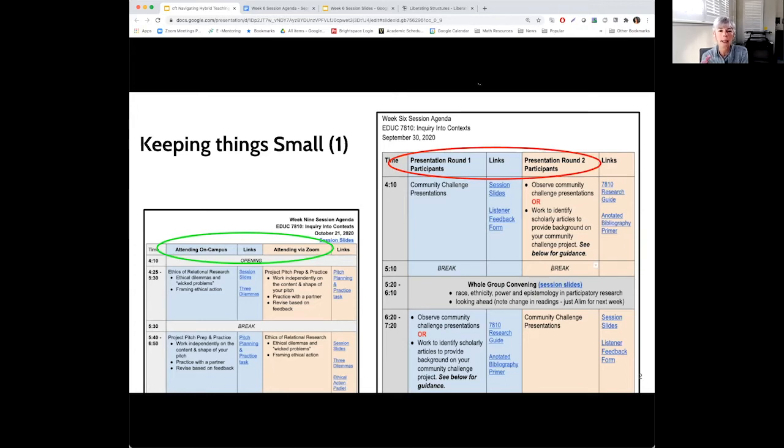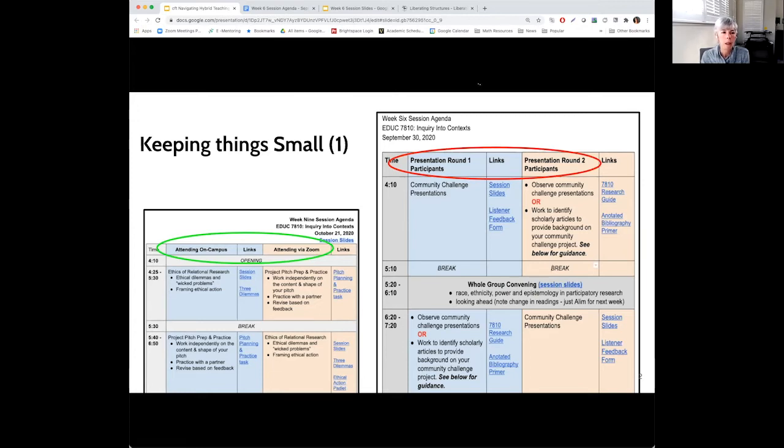There were others where I did a similar kind of flip: half of the class does one thing, we come together for a period of time, and then they flip and go off and do something on their own. But the point is that I was able to be with half the class and pay attention to their thinking in much closer ways. And they were also able to see one another. I can talk a little more about this later if people would like, but this was really helpful for me to begin to break out the sessions. Students also really liked it. After we did it for the first time, I got so many emails from students saying, thank you. It was really helpful for us to be able to work in, navigate, and think with you in smaller groups.